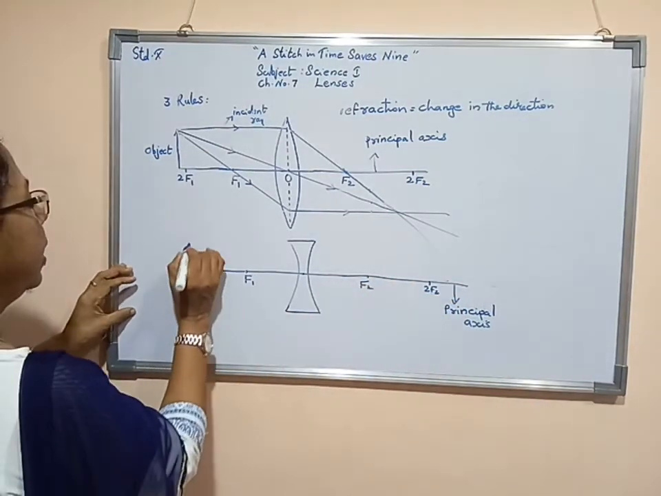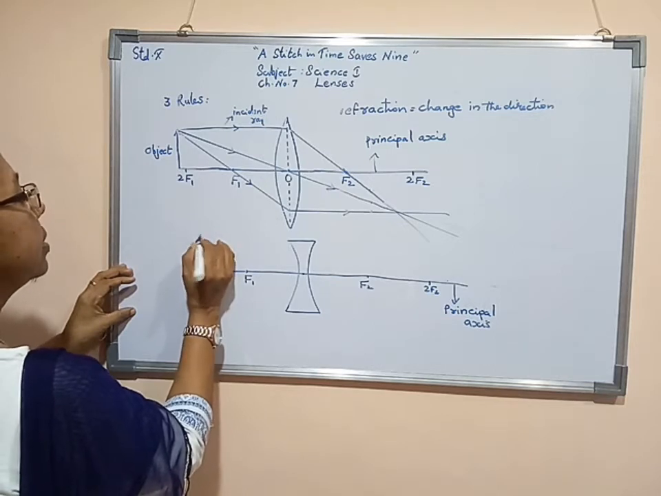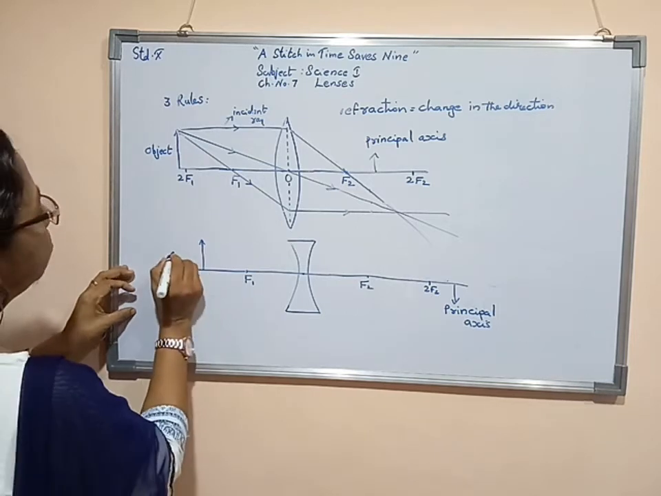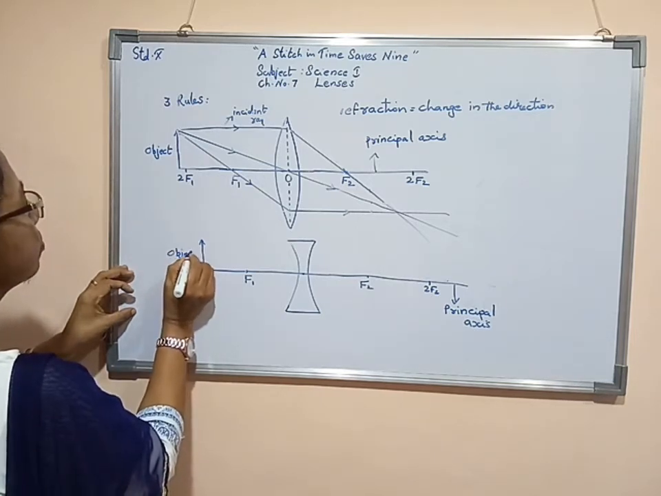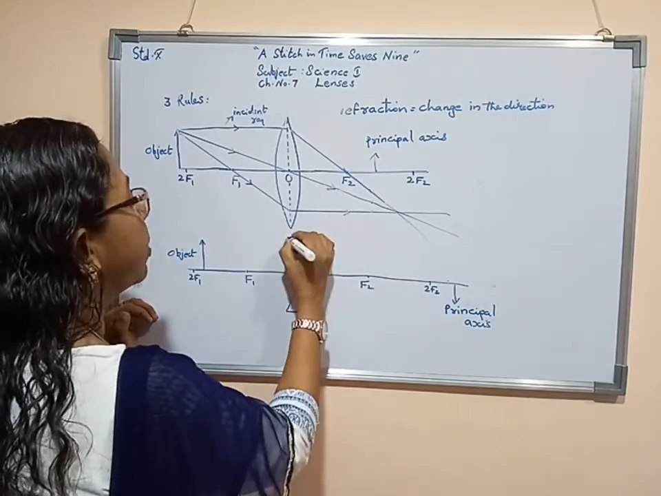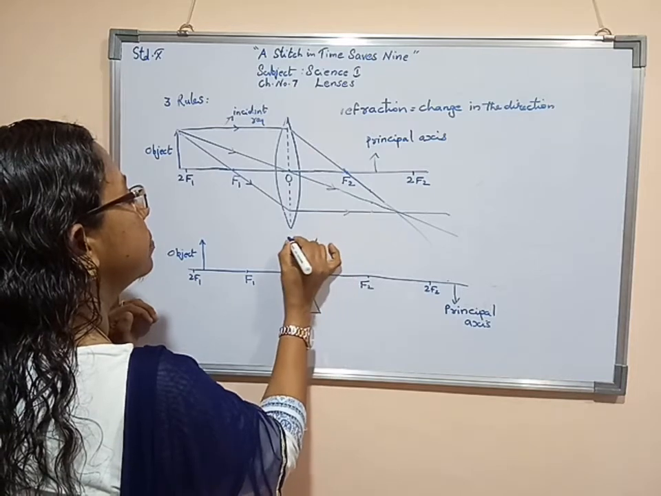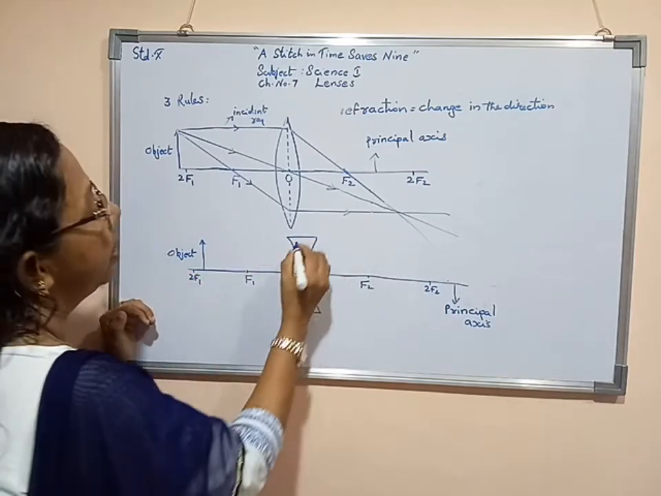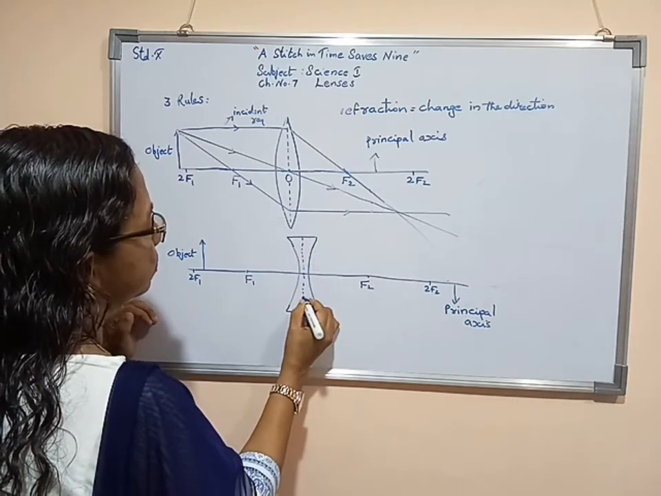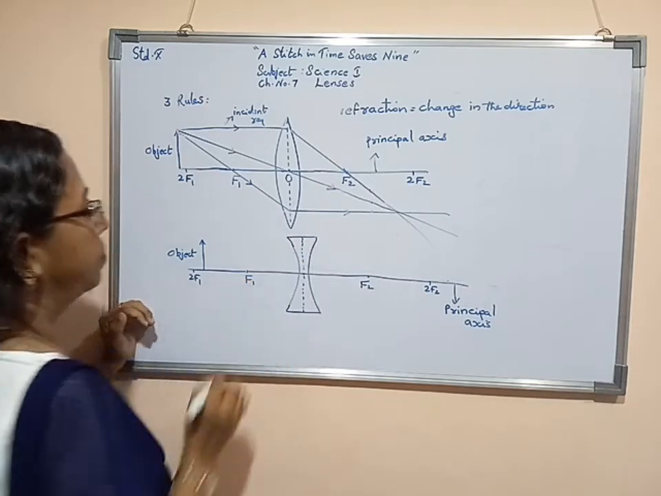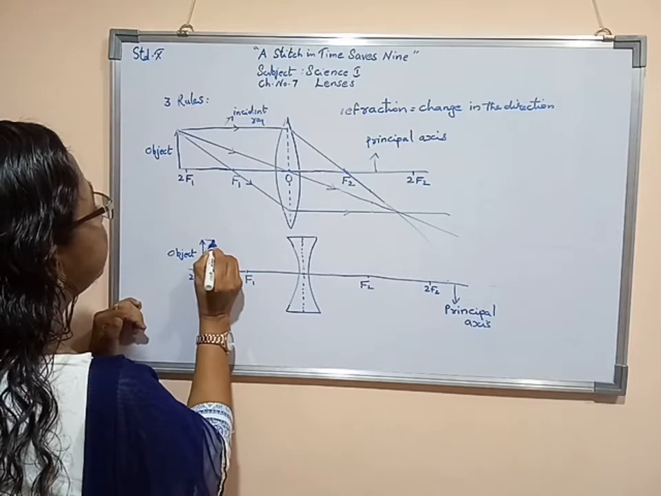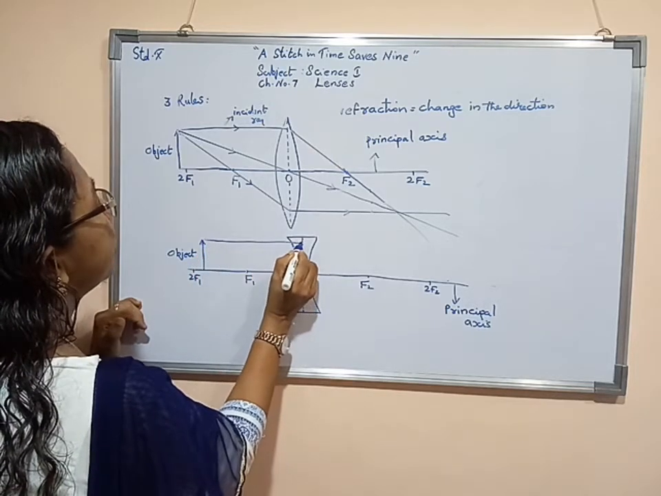Now, here I am keeping the object. This is the object. Rays are going towards the lens from the object. Now I am marking the central point. Now the first rule: the ray which is passing from the object towards the